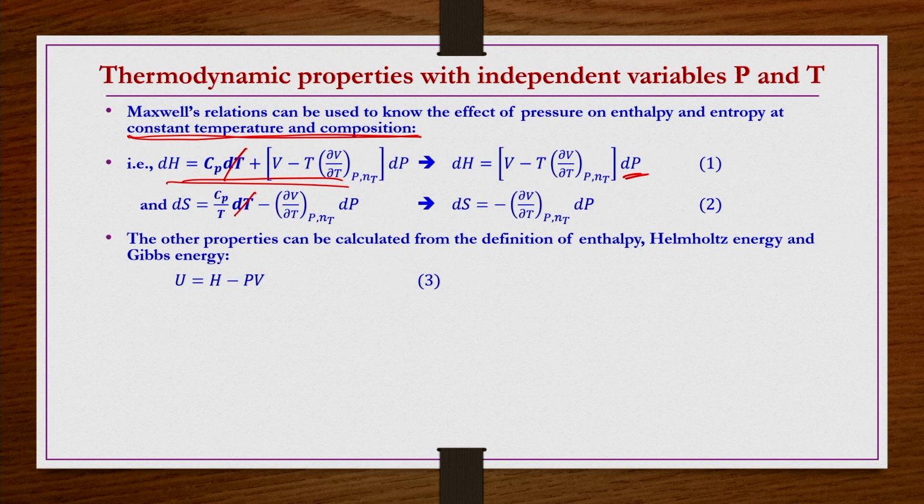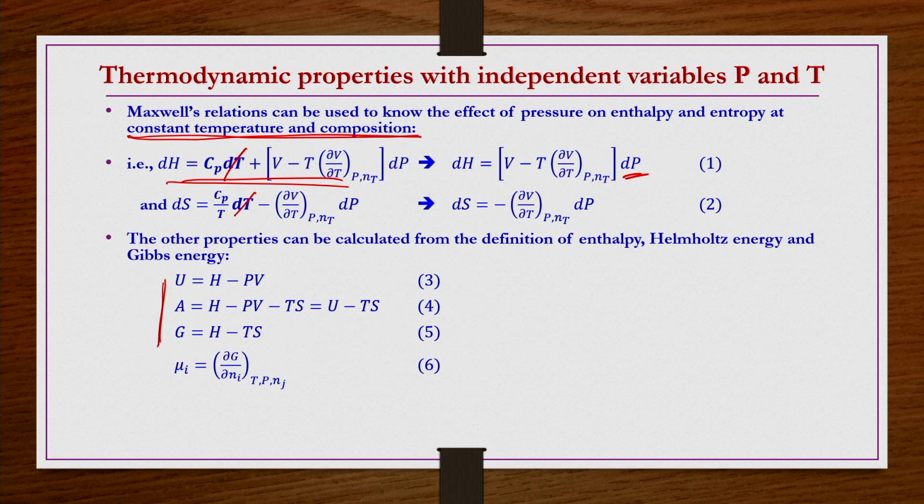PV. Now, H is already known. So, minus PV, if you do, you get U. Then A is equal to H minus PV minus TS, or U minus TS, and then G is equal to H minus TS, and then mu i is nothing but ∂G/∂Ni at T, P and Nj. So, once you know H and S, you can calculate U, A and G, these energies also. Once Gibbs energy G is known, then you can find out the